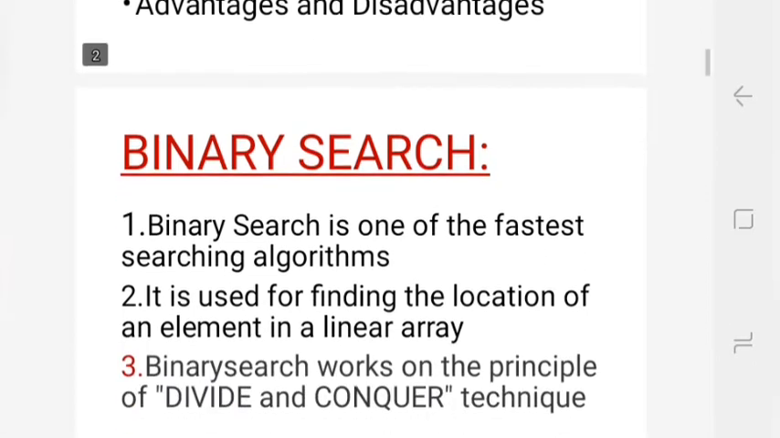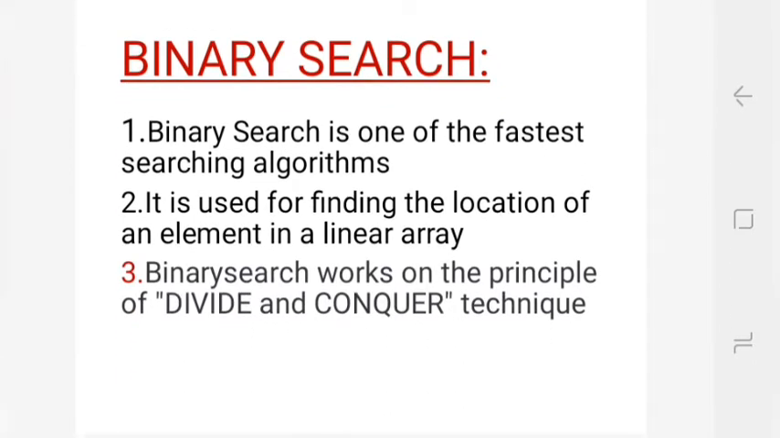Moving through binary search, first we are dealing with what is binary search. Binary search is one of the searching algorithms and it is somewhat faster. So binary search is one of the fastest searching algorithms, as it is used for finding the location of an element in a linear array. In order to apply binary search to an array, it must be in a sorted way. Binary search is mainly working on the technique of divide and conquer recursively,